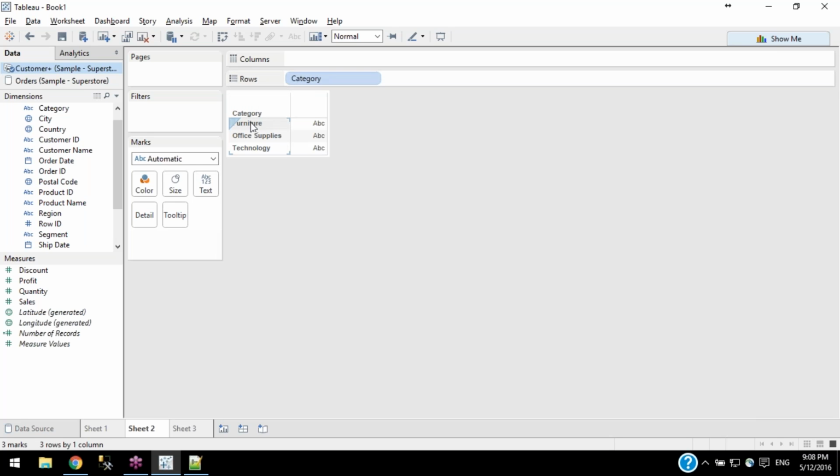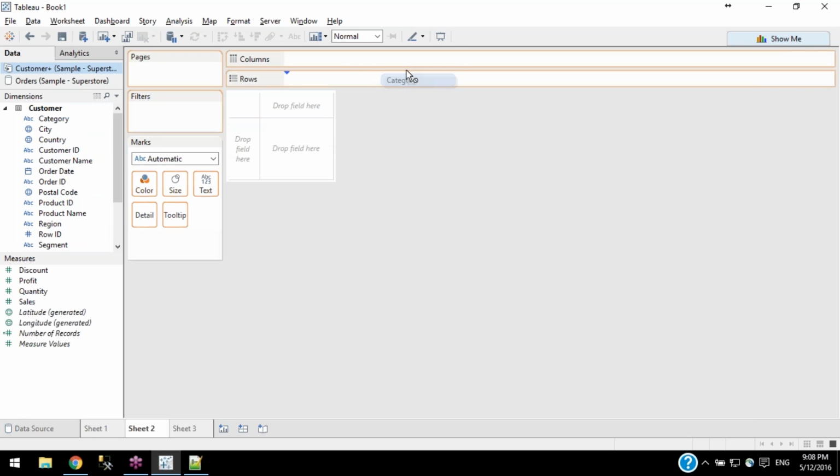So when you want all of the values in the category column to be seen as rows, you put that column into the rows. If you want to see all these values as separate columns, put the field into the columns. Now, the easier way to identify is, if you want to see rows, then you put that into